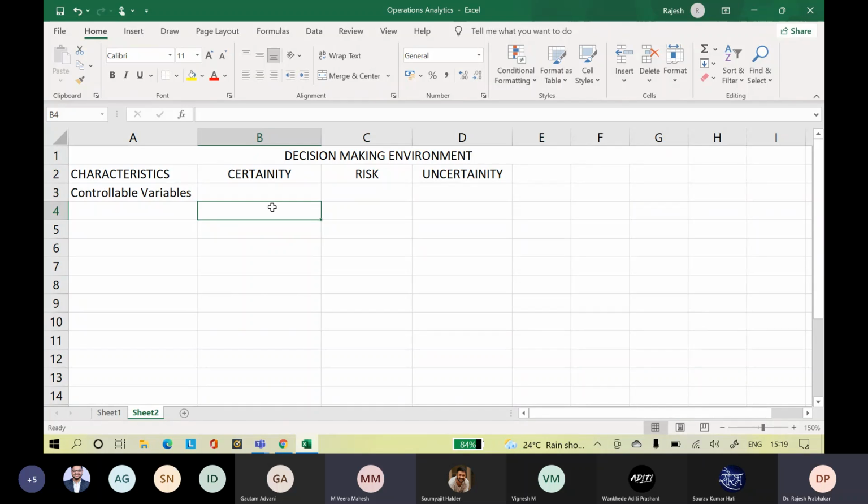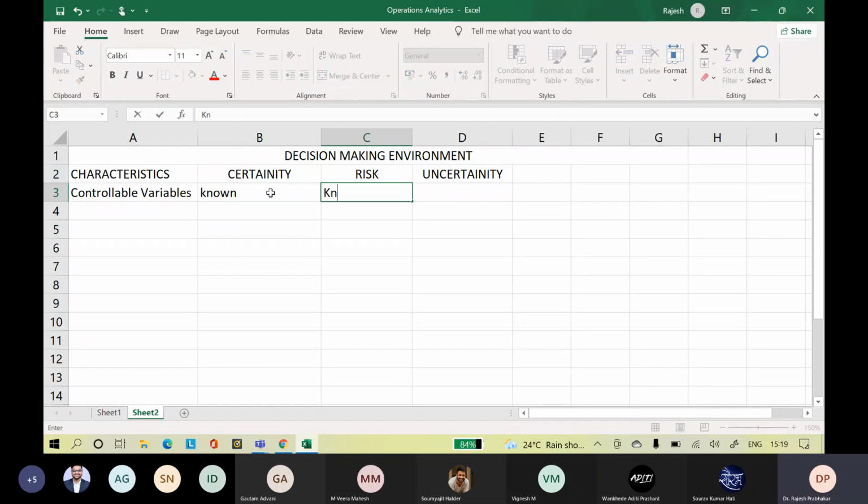So when you look at the basic concepts, control variables are those variables on which you have absolute control and certainty. These control variables are known. The risk involved in controlling these variables is known. You also know the uncertainty involved in these variables.